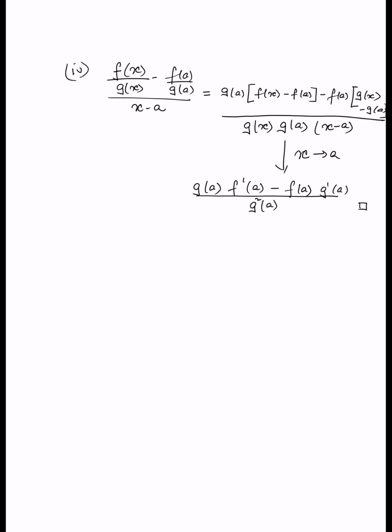All really an elementary application of the definition of the derivative. As an easy application of this last rule, note that for m, which is again a natural number, let f of x be equal to x raised to minus m. And this is of course well defined for all x not equal to 0. So in this case, for a not equal to 0, you can apply this last ratio rule that we just did to argue easily that f prime a must therefore be minus m times x raised to minus m plus 1. So this is a trivial application of the last rule that we have talked about. So this basically covers the derivatives of